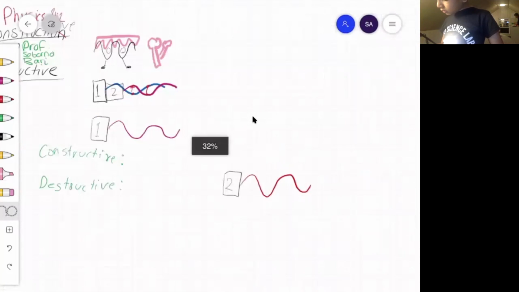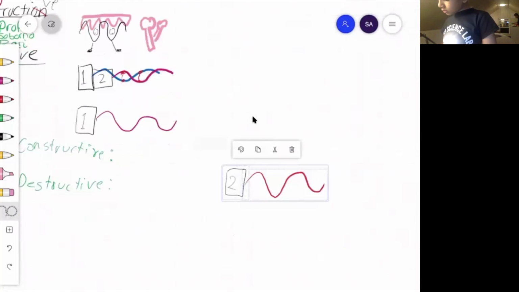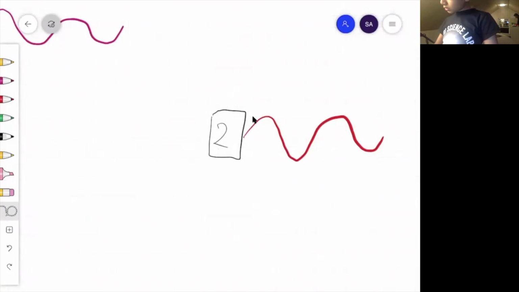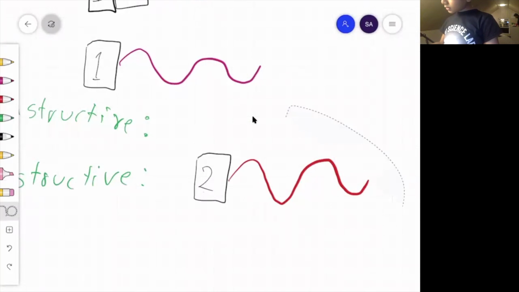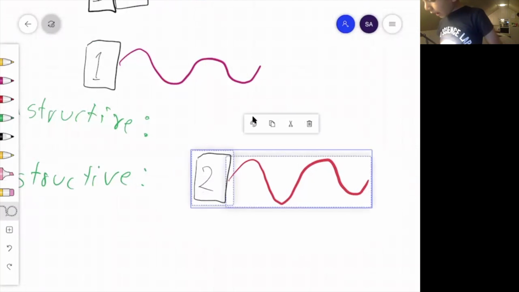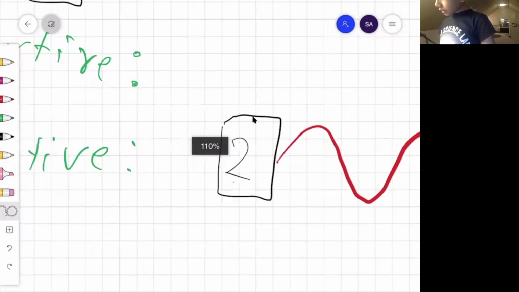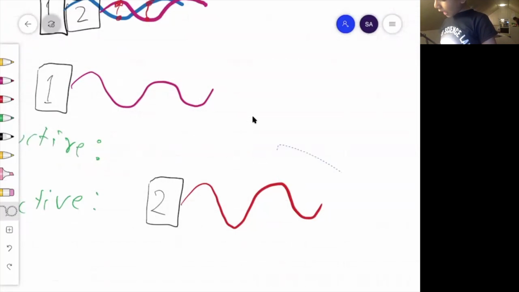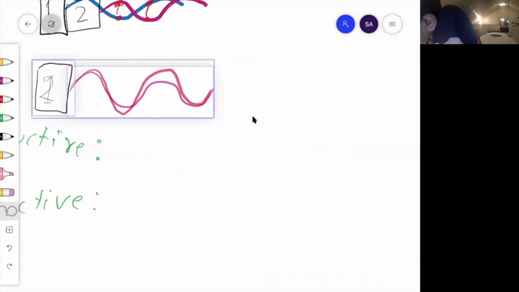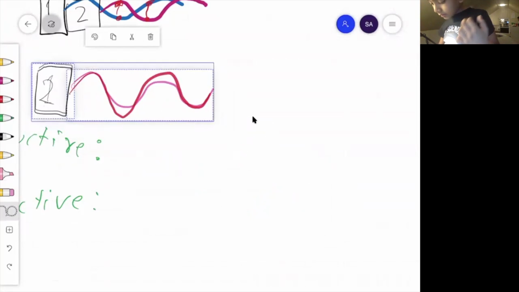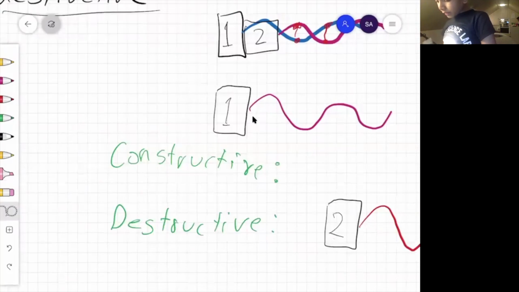Actually, I'm going to do that. Sorry. So now, if we have this and move it onto here, if we map it onto here, we can see 0 wavelengths in that they are already constructive.